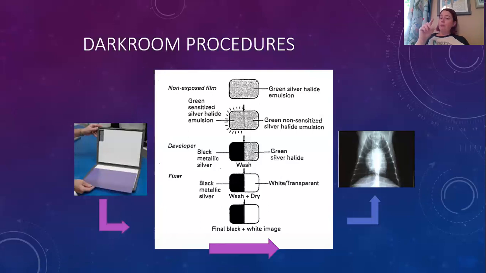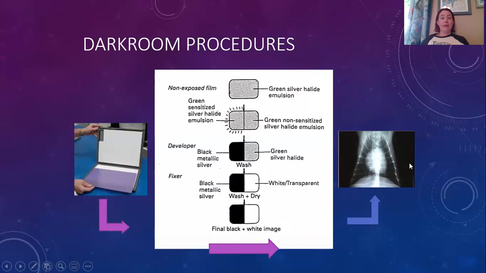So the areas there where the ribs are, that area in the center over the heart, that is going to be an area that we had blocking radiation, and so the fixer will wash away those silver halide crystals, and we will get the unexposed portions of our X-ray, or the less exposed portions. So our final image will be a black and white image with various shades of gray in the middle, and we get ourselves a good diagnostic